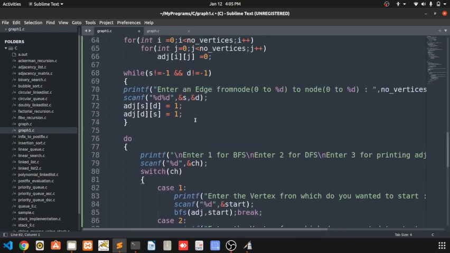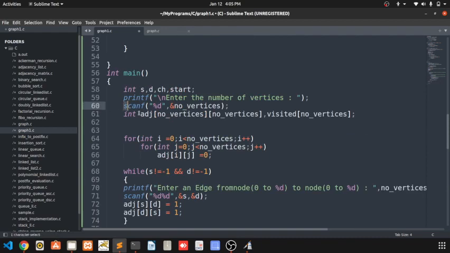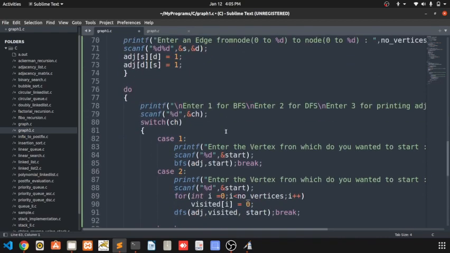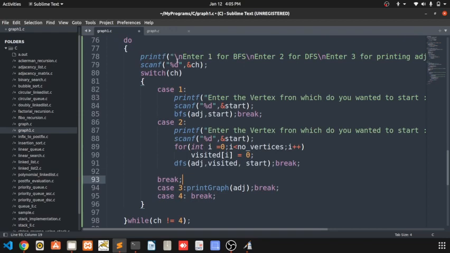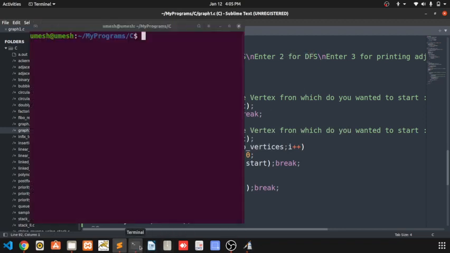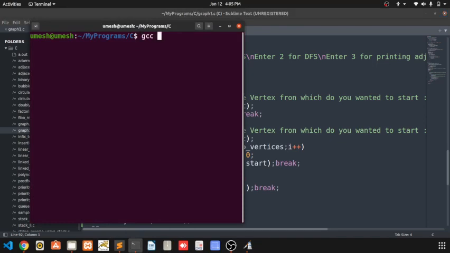Suppose I have called this, I have initialized to 0 at this. Then I have called it for 1, and again I have called it for 2, then it won't work. The same is happening here. So for that I have just initialized this visited array after I have entered the node that I wanted for search. So now it is gcc graph1.c. Now it should work, it must work now.